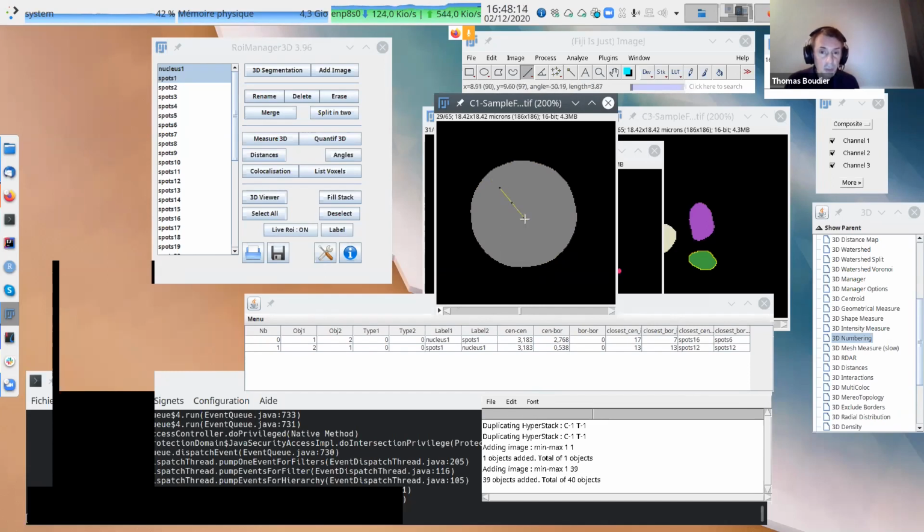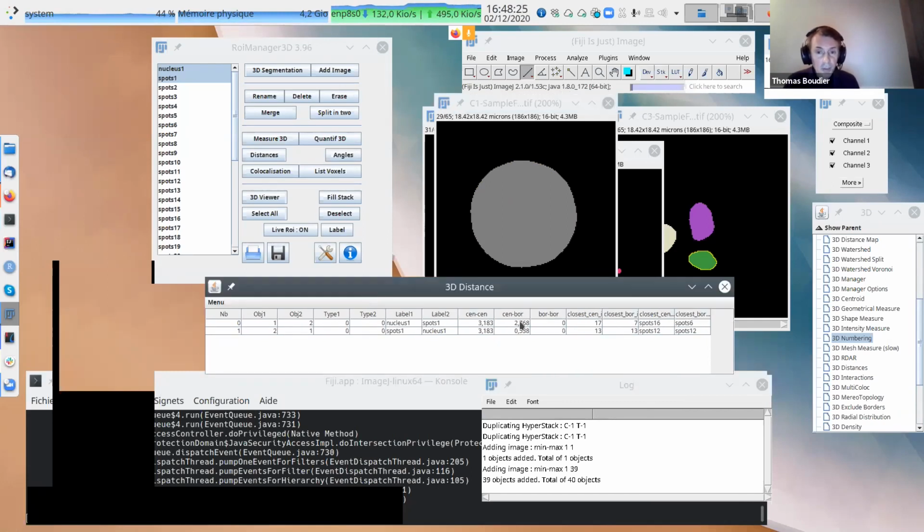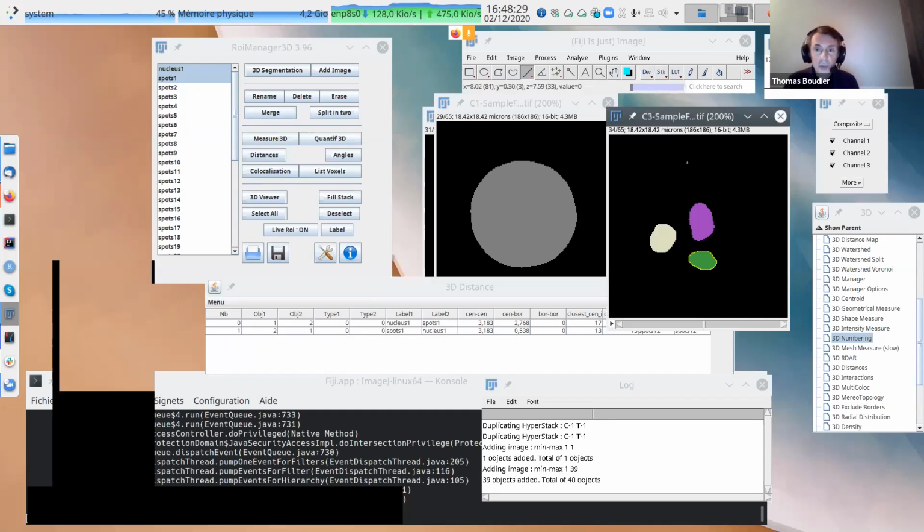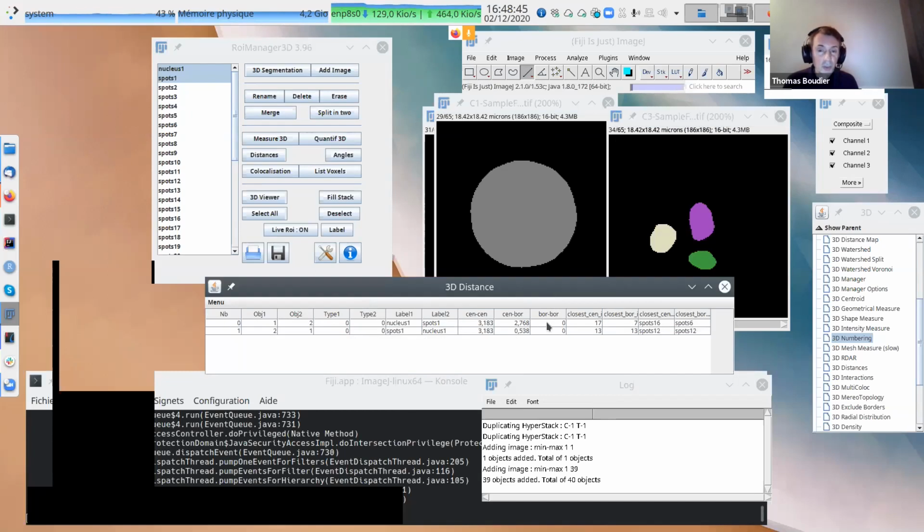Center distance is more like the center of the spot to the center of the nucleus. Eventually, for the nucleus, you're more interested in the distance to the border, to the membrane. Center border distance, so it's like a border distance here. So center distance, center border, border. Yeah. You can be interested between these two.